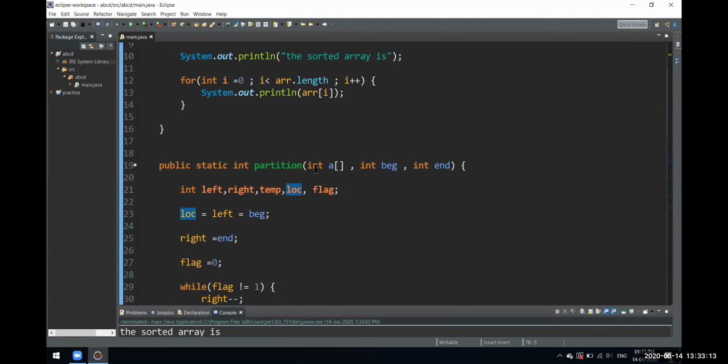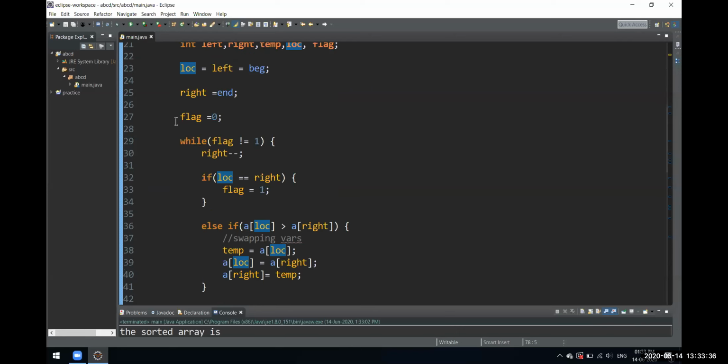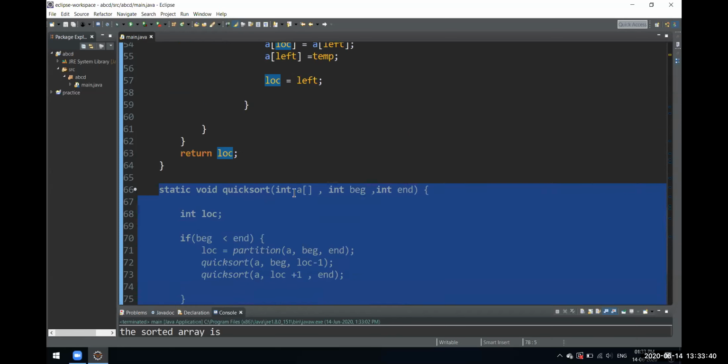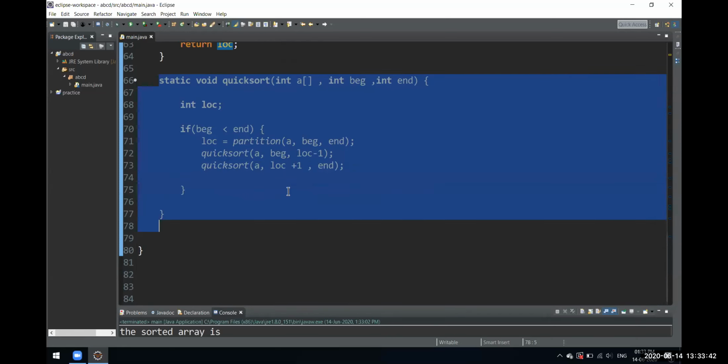Any questions, please ask if you have any questions. Today's session was a little bit complex, I would say, but all these things are necessary. We didn't use any special properties of Java. We just used the normal while loops, for loops, if else conditions, and we tried out this whole algorithm. As you can see, we did not use any special things over here.